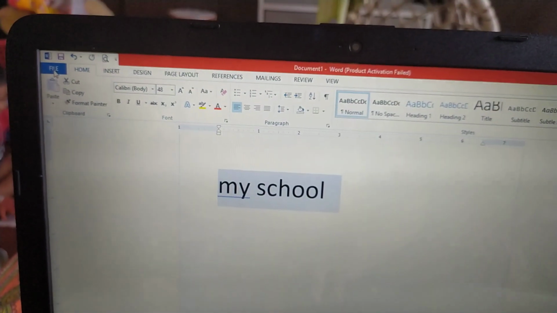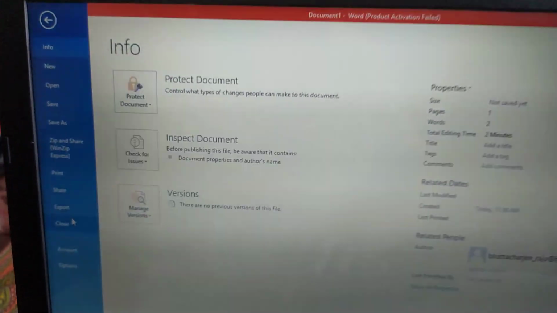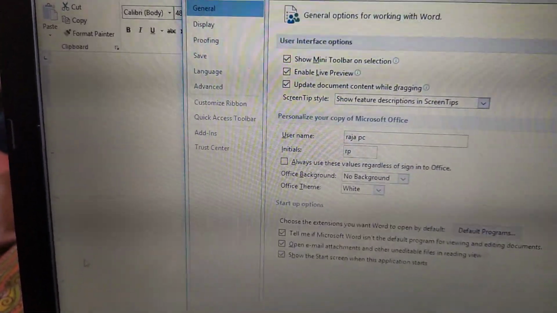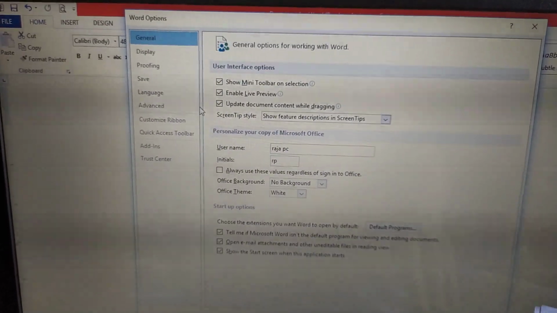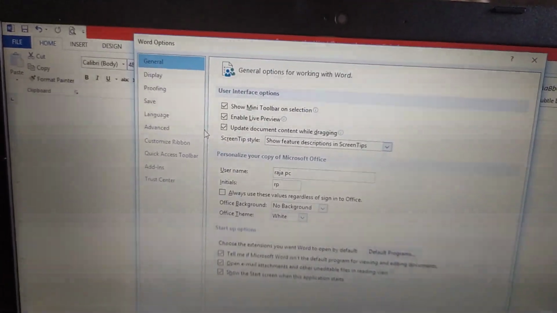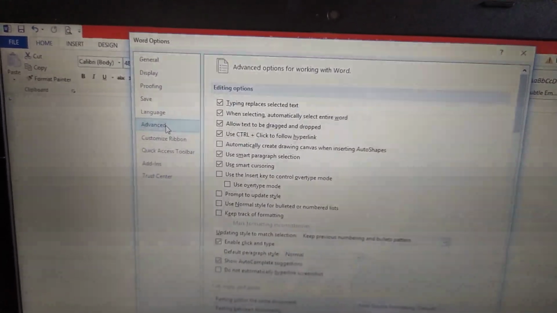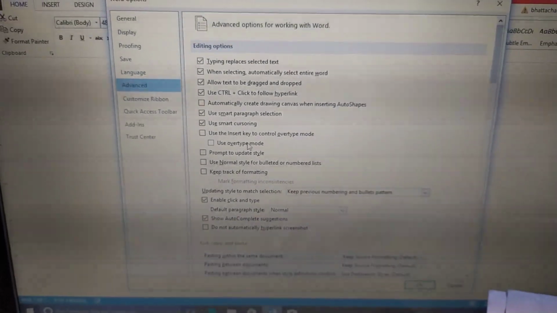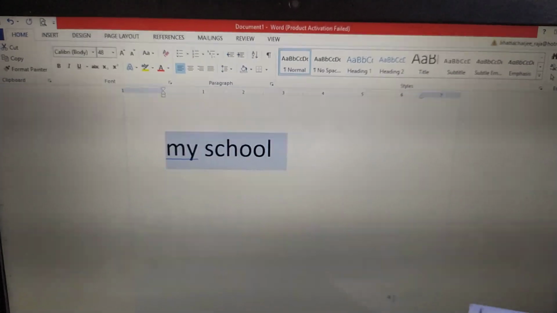File tab, option, over here, go to advanced, and over here the overtype mode is there. If you want to select it, we can select it from here. After that, click OK. Okay.